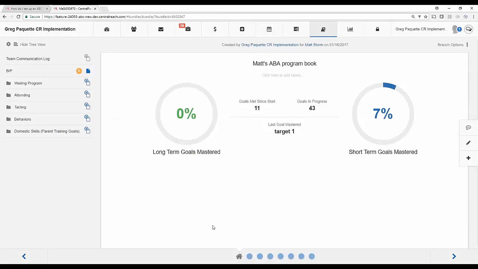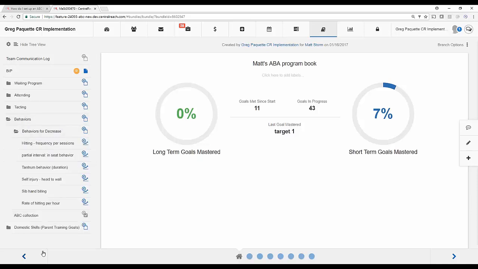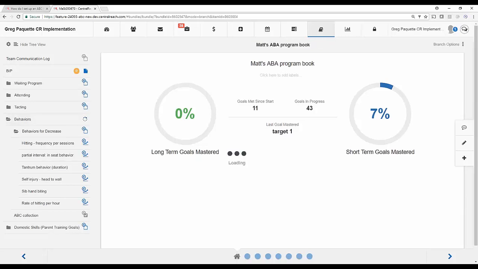Now, behaviors. What do I do about my behaviors? I already have a behavior section, right here. How do I get them on my ABC sheet? We had a lot of feedback in the surveys that I've done and the people I've met with. There could have been a lot of different ways to do this, but for the first version, version 1 of this, we've decided to go a certain route. Any behavior that you have labeled a behavior domain will show up for the ability to take ABC data. What that means is, if I go to this little behavior folder,